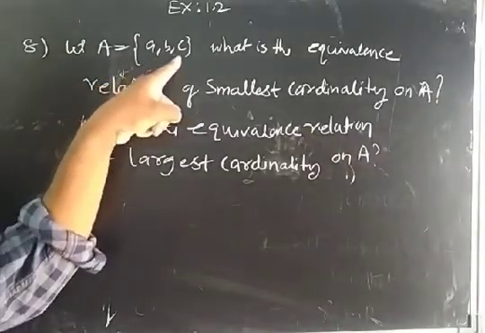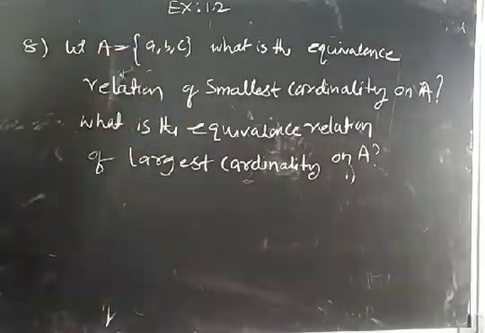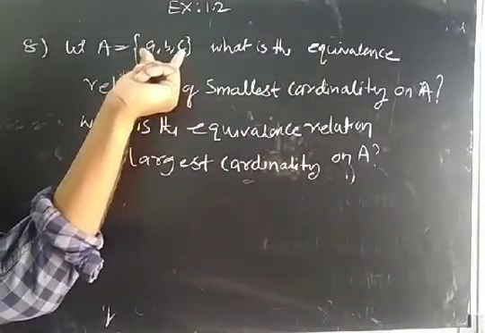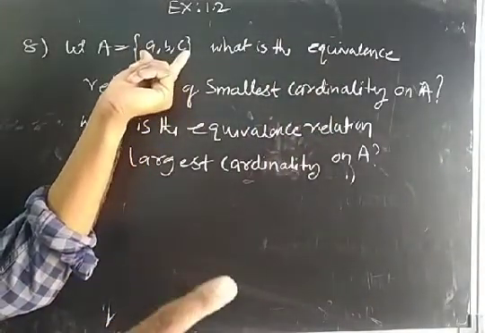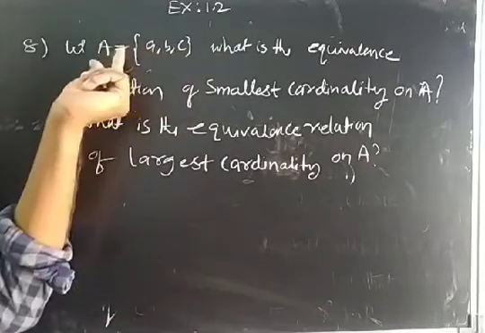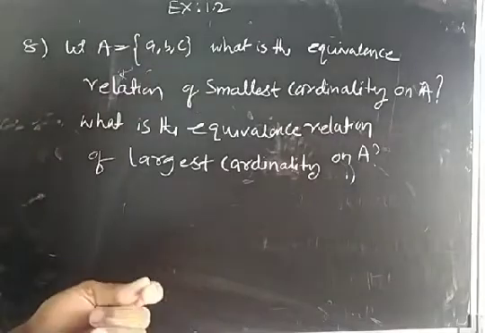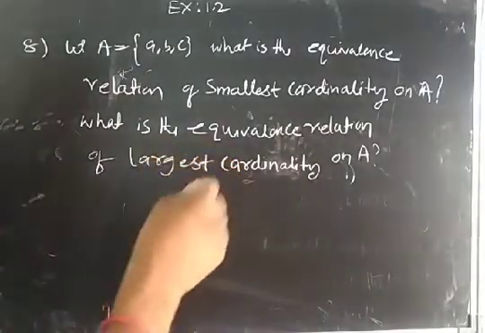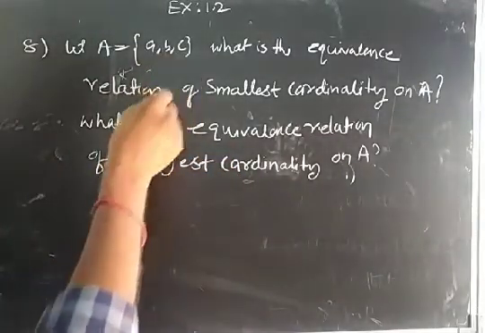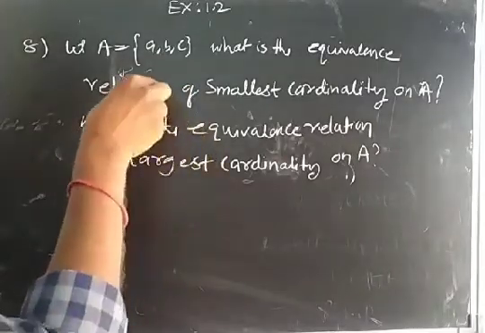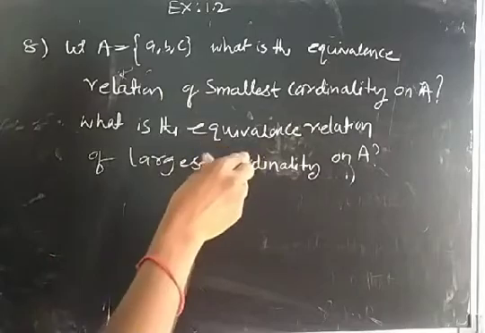A having three elements, A, B, C. So we are going to find one equivalence relation on this set. On this set means we are taking a subset. Relation means subset of Cartesian product. So we are finding a subset of A cross A, such that after finding the subset of A cross A, we should check the relation. Subset means relation. We should check whether that relation is equivalence or not.